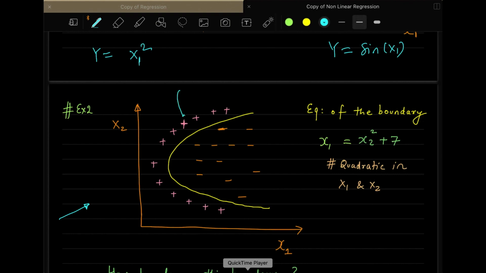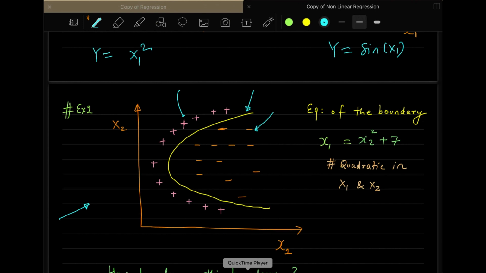One is plus, another one is minus, and in the classification setting, which we will discuss later on, what we are doing is separating the two classes, plus from minus. So how will you do that? You will do it if you are able to come up with the yellow boundary. If you are able to do it, then you can classify the two classes. So let us discuss how our machine learning model can do this job of creating a non-linear boundary, compared to the linear boundary that we were discussing last time.